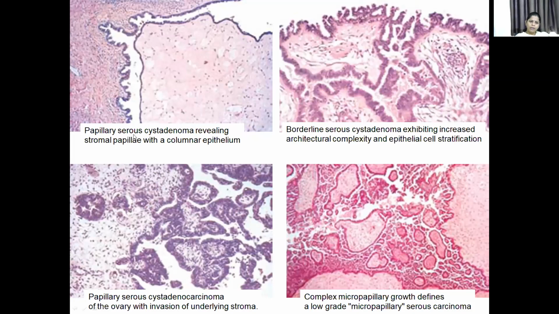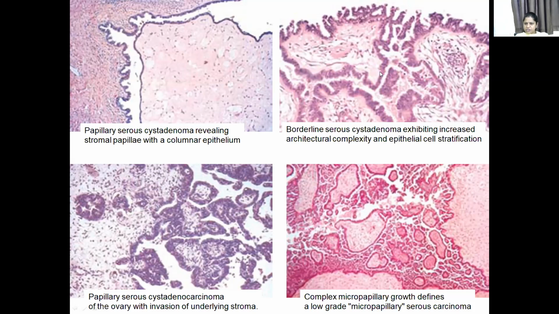This is a benign papillary serous cystadenoma. Here, papillae are lined by a single layer of columnar cells. Now this is the borderline. You are able to appreciate the difference. Here, there is an increase in thickness of the lining of the papillae. These are looking normal and bland, but here you are able to see the increased complexity. Increased architectural complexity also is seen. Here it's a simple papillae lined by a single layer, but here you are able to see papillae showing branching. So there is structural complexity as well.